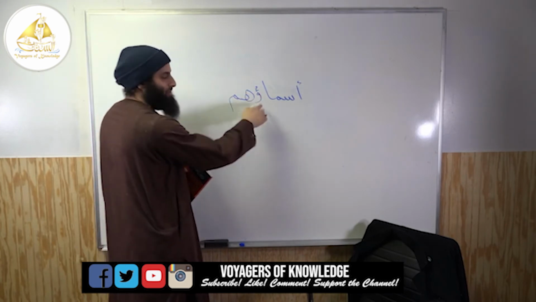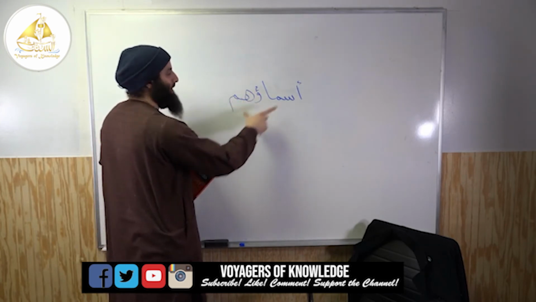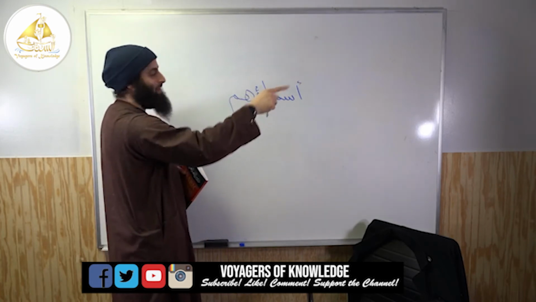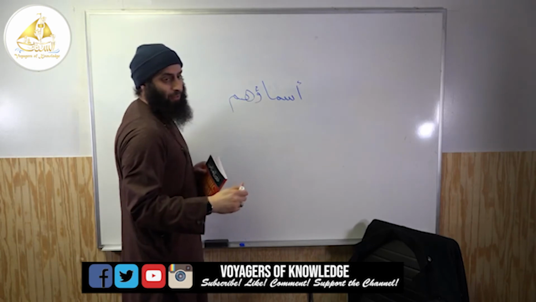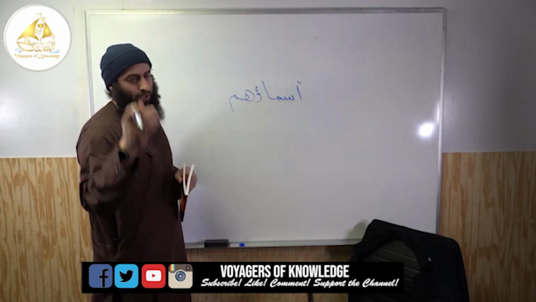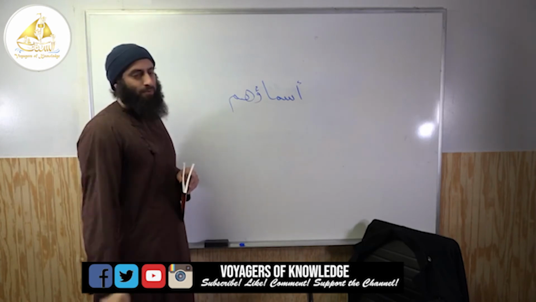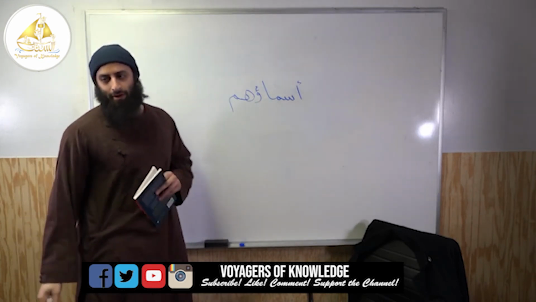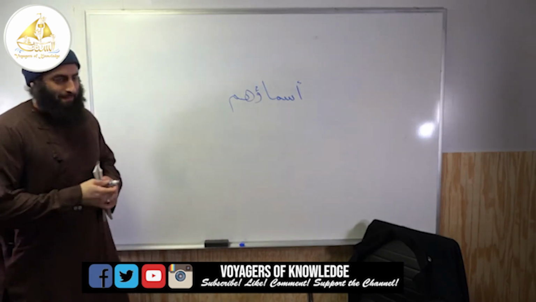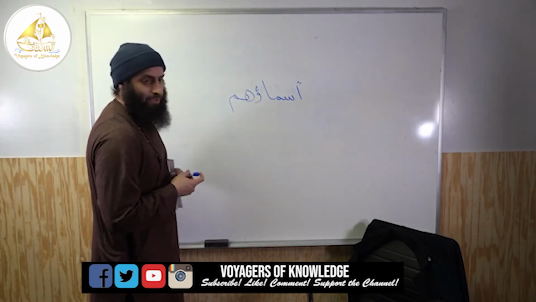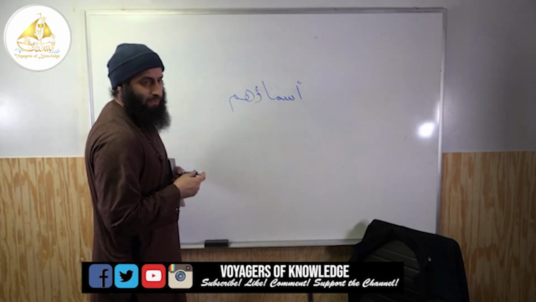See, it's a waw, so it cannot be connected from the left. So asma is names, and hum is they. So their names. Their, as in T-H-E-I-R. It says it's Asma'un. No, I said it right the first time. What is it? Asma'un, no? Asma'un, yes. You put Asma'u.